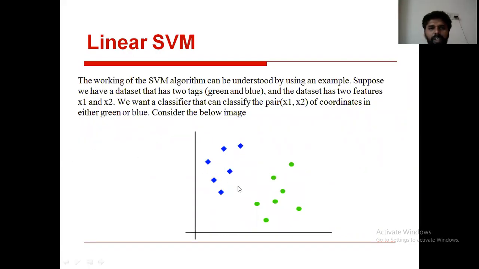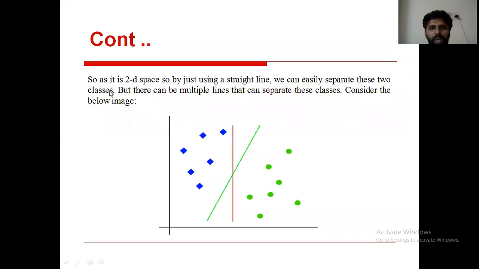See the working. Here we are using straight lines to construct the decision boundaries. To construct the decision boundaries, we are using straight lines or straight planes. How many types of instances are there? There are two types of instances. One is the green color instances and another is the blue color instances. These instances are arranged on the coordinates x1 and x2. This x-axis belongs to x1 and this y-axis belongs to x2. Assume like this.